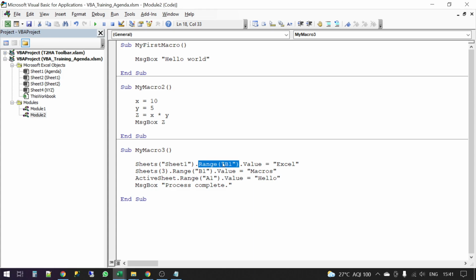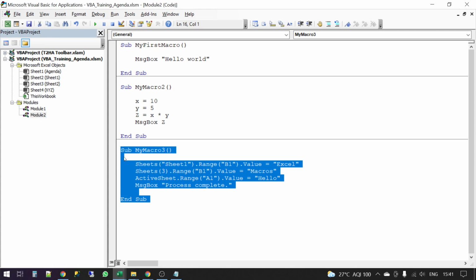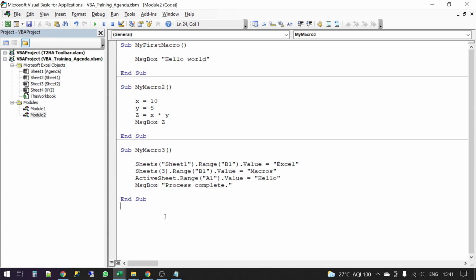Now, this is something that I almost never use. I will tell you what I use, which is something that you need to know so that you will be able to then do automation with the help of this. Doing this is not automating anything. Frankly, you're just trying to put a value in a cell, which is very basic. But if you have to put one value or say different values in thousands of cells, you're not going to write 1,000 lines for that. You're going to write 1 or 2 lines and it'll do the task for you.